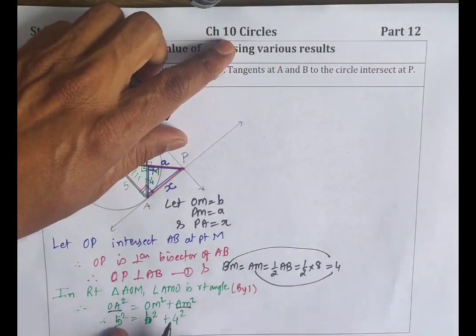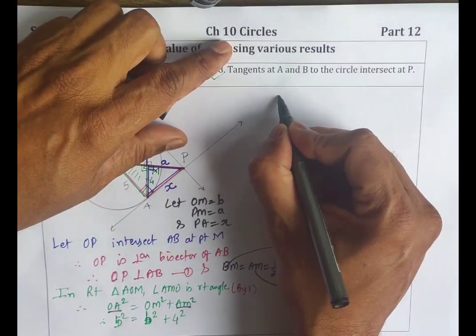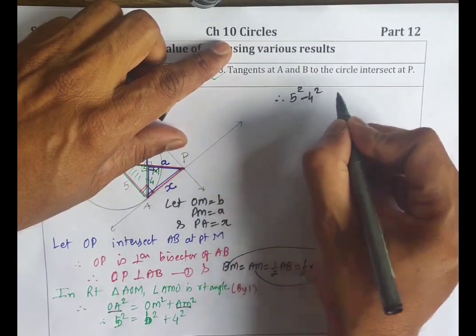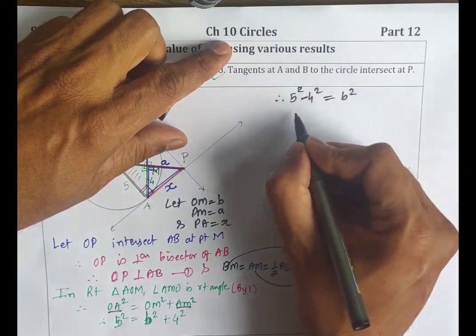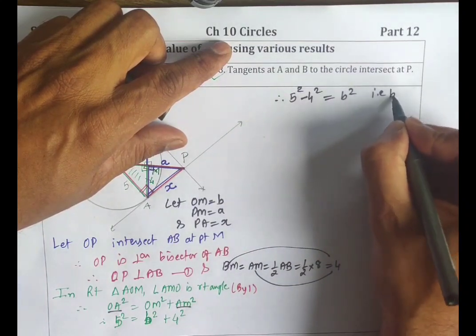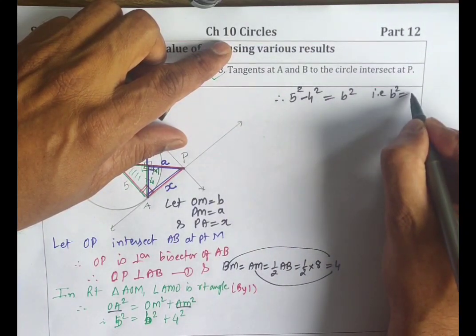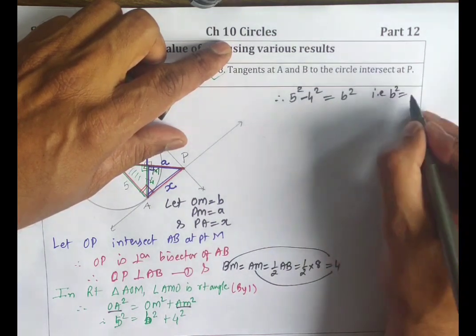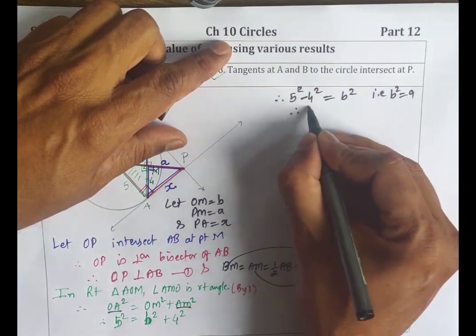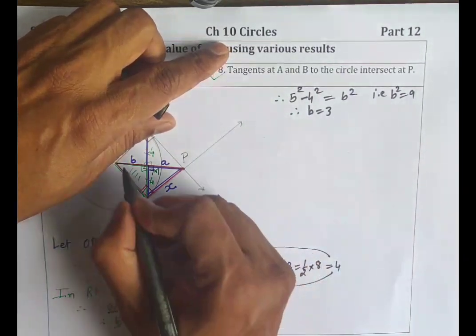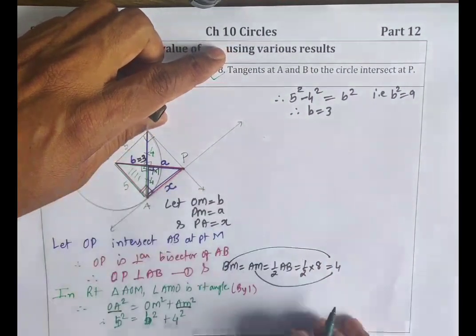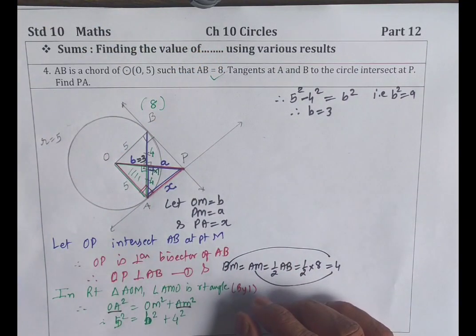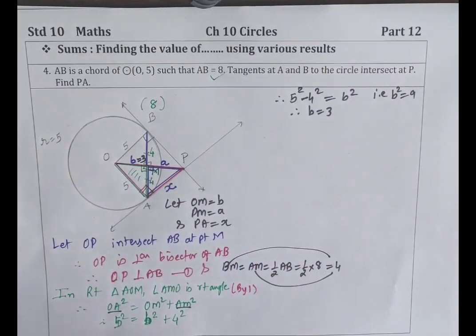Alright? Now what we are getting? Therefore, 5 square minus 4 square is equal to B square, i.e. B square is, I'm writing directly, 5 plus 4, 9, 5 minus 4, 1, 9 ones are 9. Therefore, B is equal to 3. Children, B is equal to 3. You got that? Okay? And we finished with green right triangle. We move to blue right triangle.